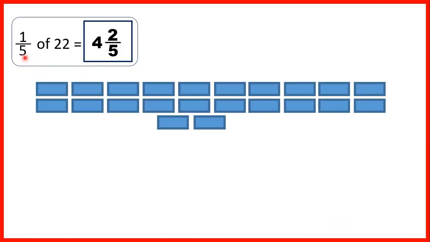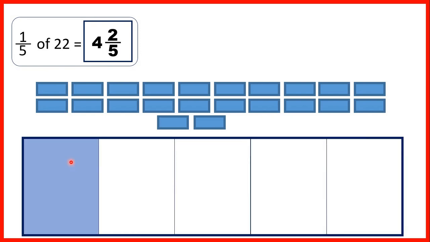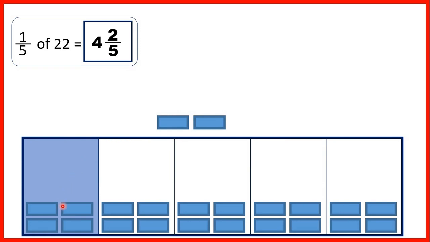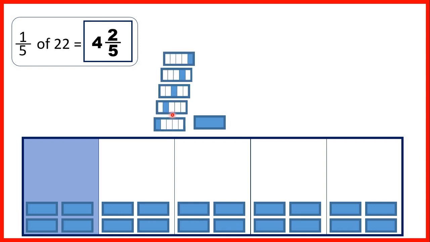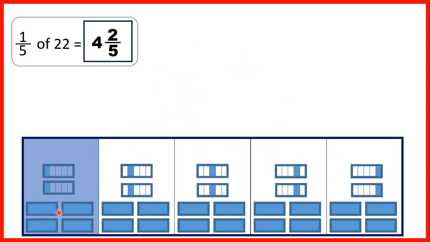Then we had 1/5 of 22, so we can show 1/5 on our fraction bar. We can share out 20 of the blocks to give us 4 blocks in each of our fifths, and then, because we're finding 1/5, we can turn each of our remaining blocks into 5 fifths and share them out. That means that we have 4 wholes and 2 fifths in each of our fifths, so that's 4 2/5